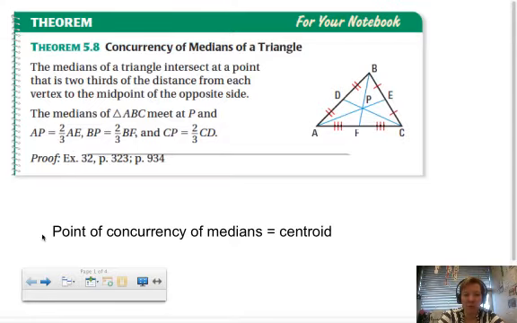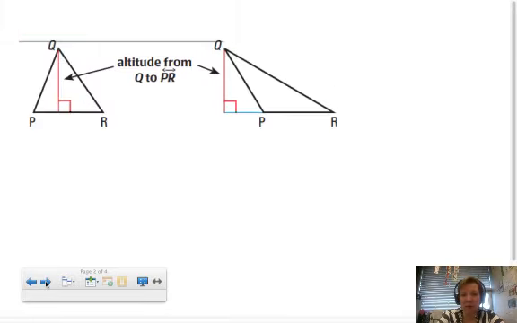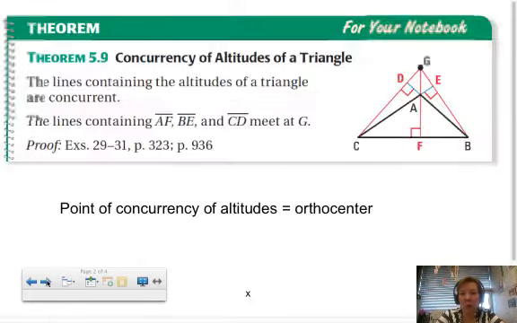Now, I talked about altitudes last time, and I drew in a picture like this, but I neglected to mention that, of course, if you have an obtuse triangle, some of the altitudes are going to be outside the triangle. If you had a right triangle, 2 of the altitudes are the legs, and so there are some special cases. So you don't have to draw that, but that'll help you to envision why, when we go for the concurrency of altitudes,